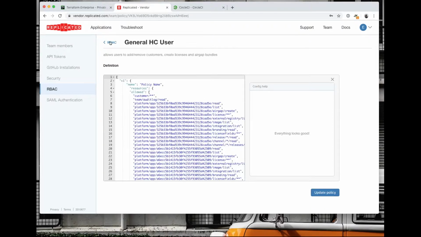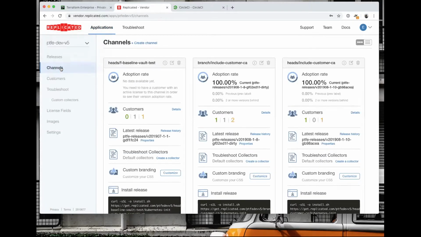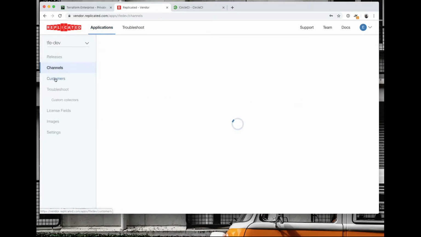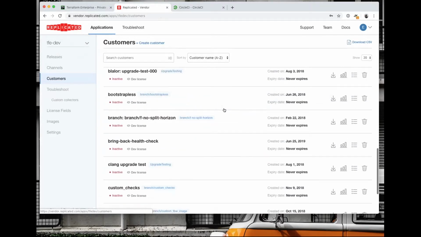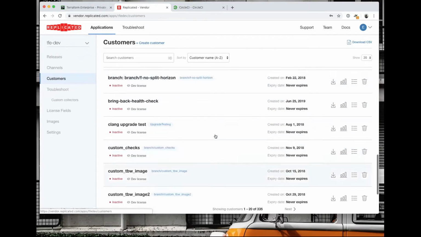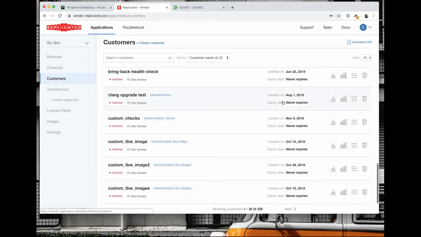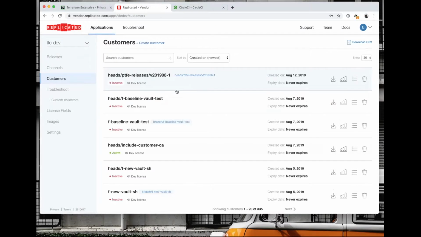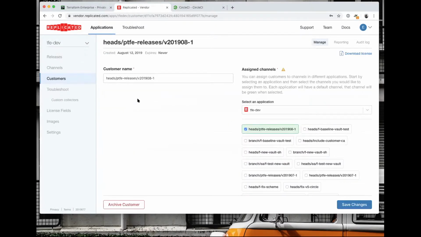Can we view one or two, maybe in your main app? Let's look in the dev app. Great. So if we look here at customers, if you pick any one, let's pick a more recent-ish one. You can sort. There we go. This is the one that was created specifically for the release that we did a couple weeks ago.